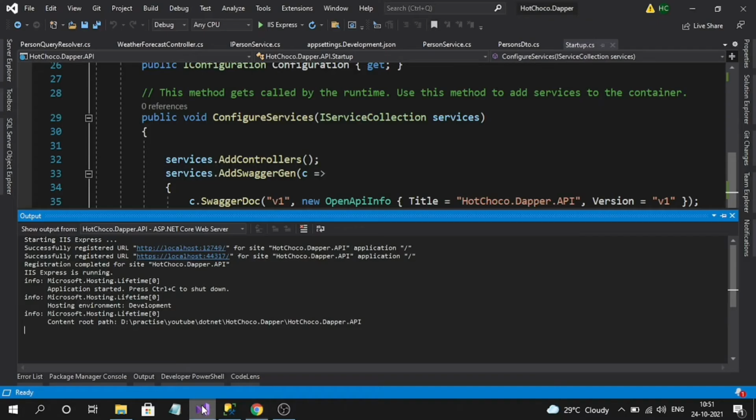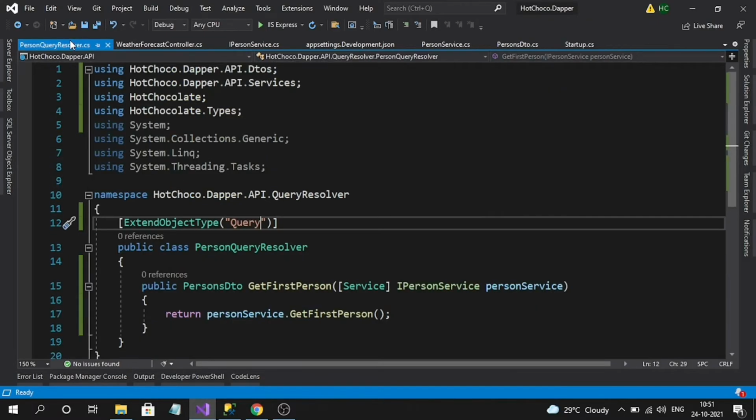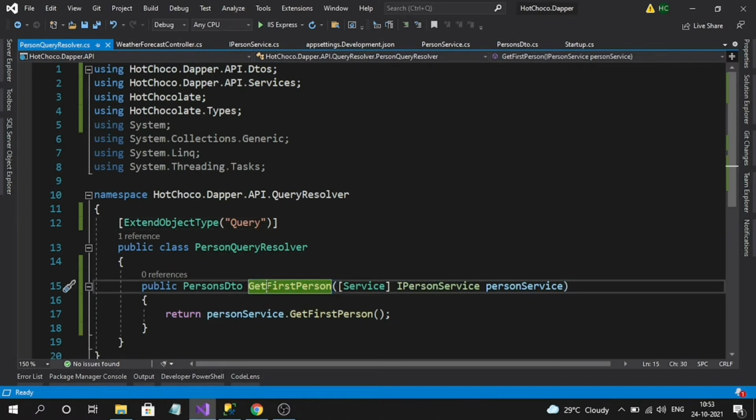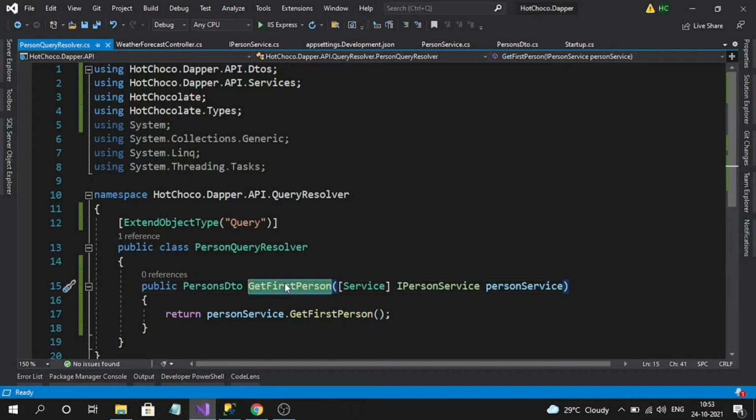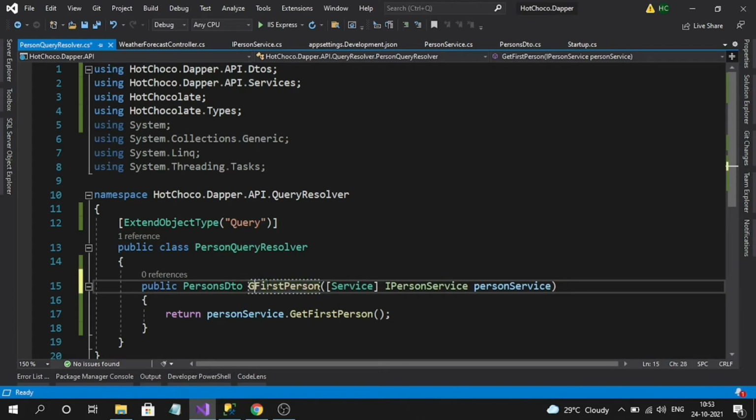So this firstPerson, if you go to our code and go to our resolver, our method name, what it will do, since it is a GET request, right? It will exclude this part, convert the F to small, and use it as the type, requesting this query. So our function name will be the type of our query. If you have any doubt, let me change it to my name. If you don't specify get, it will also find it. So I will give my own name, Naveen person.